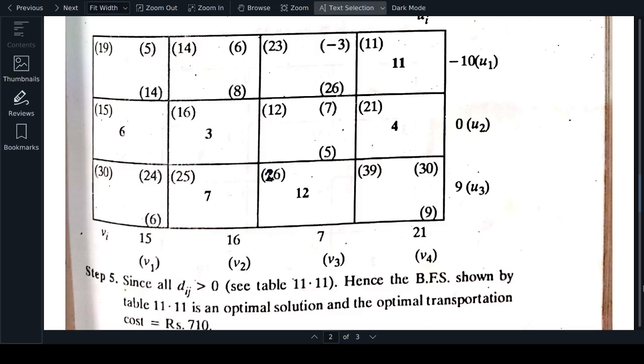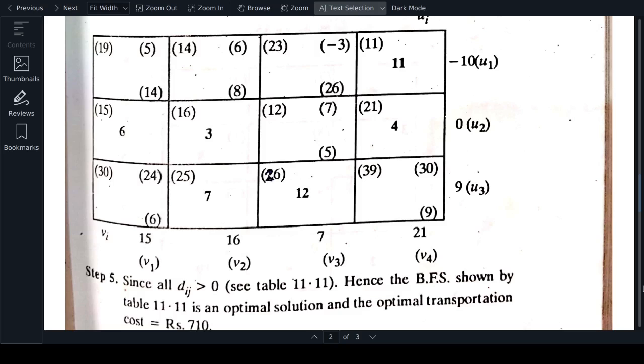And after this calculation you will get again 710. How to calculate? In all occupied cells, multiply cost and allocation. Okay, so 11 into 11, 15 into 6 plus 16 into 3, the sum of this again you will get 710. So after optimality we get 710. So no change in value. Okay, so therefore you see, thus the solution of the given transportation problem is: source 1 transports 11 units to destination 4,